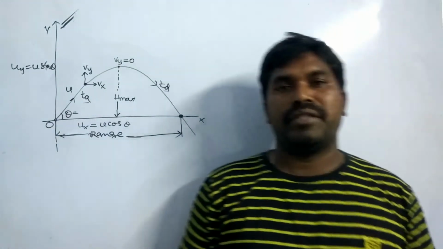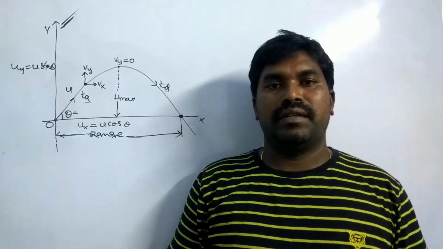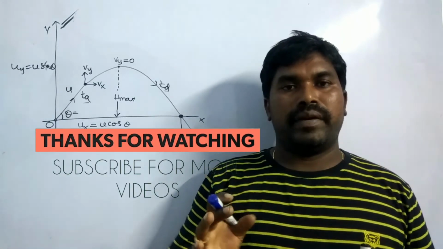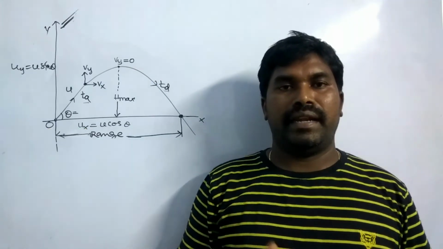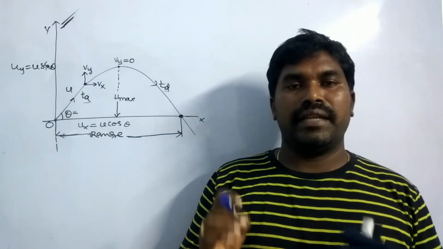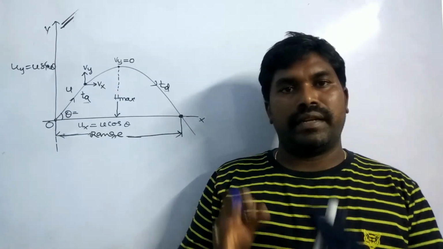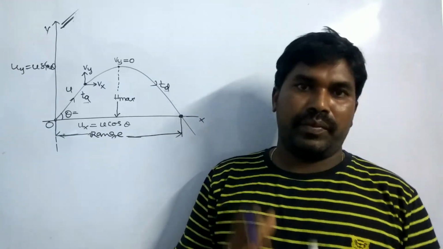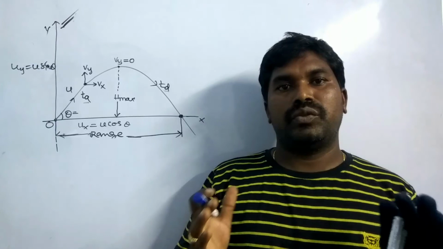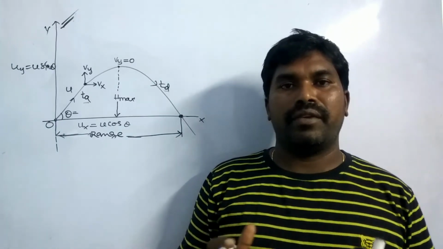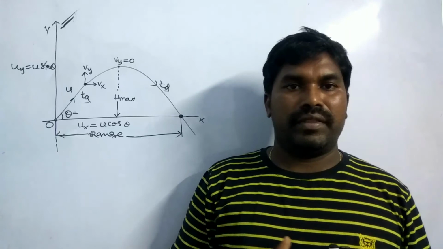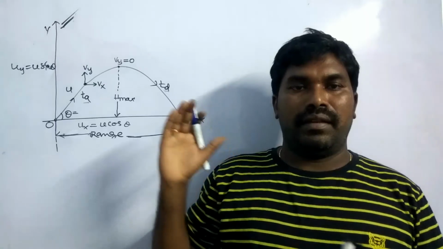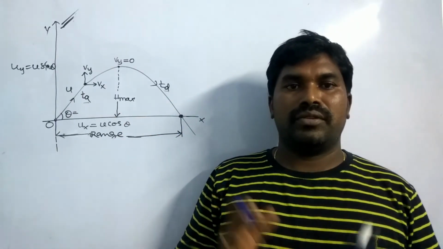So this is the clear information about projectile motion in different variables, that is the time of ascent and time of descent, maximum height, time of flight and range. We also discussed the relation between angle of projection and the range into the time of flight, and angle of projection, range into the maximum height, and for which two complementary angles the range will be equal, we also solved that. And the derivation for the path of the projectile in terms of range is also derived.